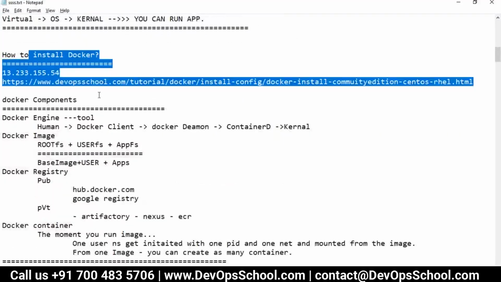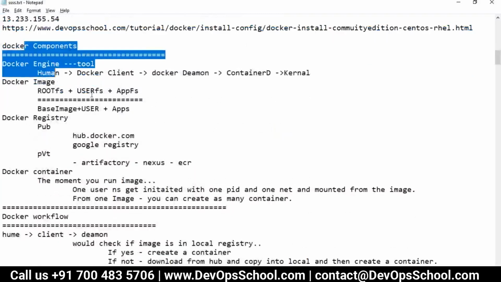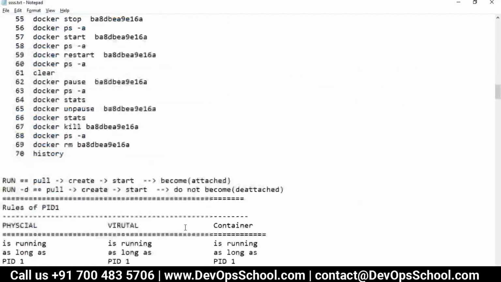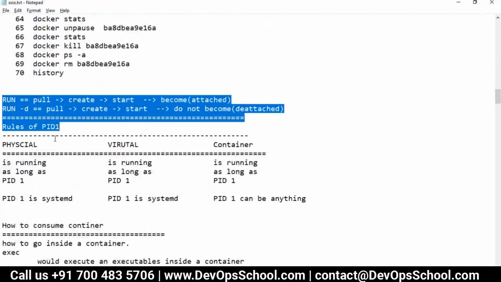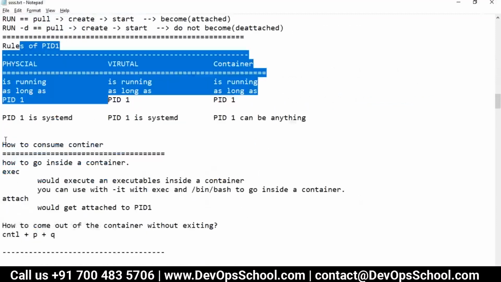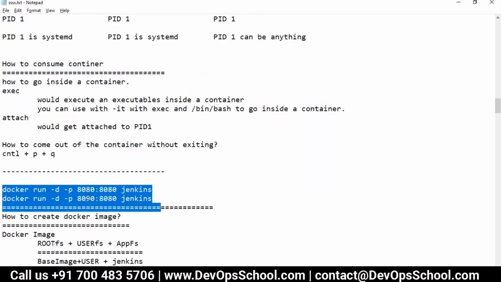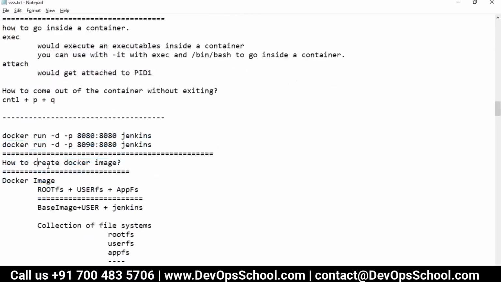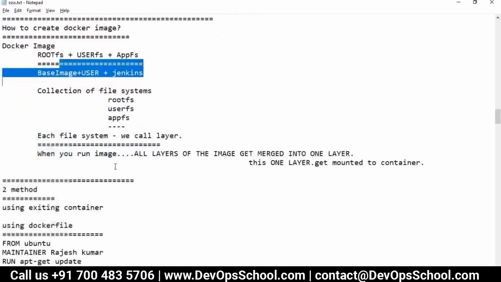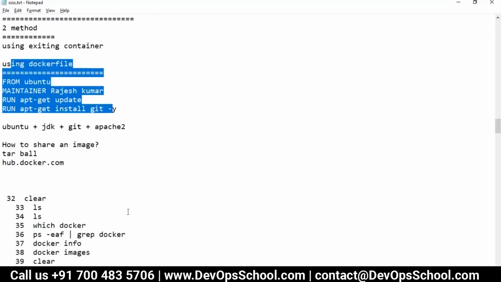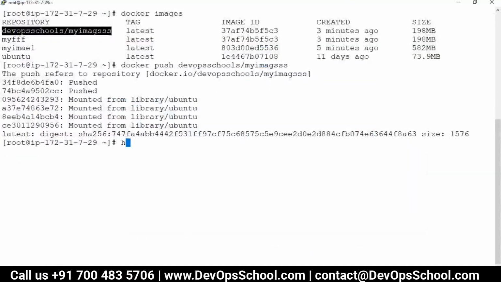Then I taught you how to install Docker. Then I talked about the Docker components, then Docker workflow, then container workflow, and then moved on to the run environment, how to consume a container, how to come out of a container, how to run the container, port forwarding with a proxy, how to create images, root file system, two methods, existing container, Dockerfile, how to share the images, and all that stuff.